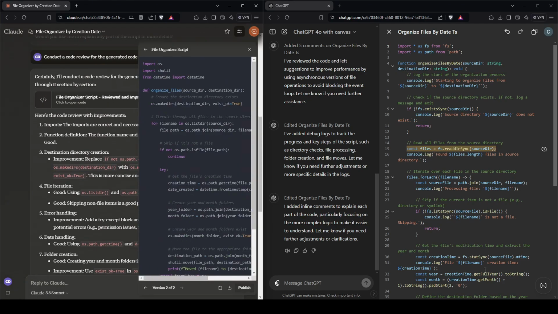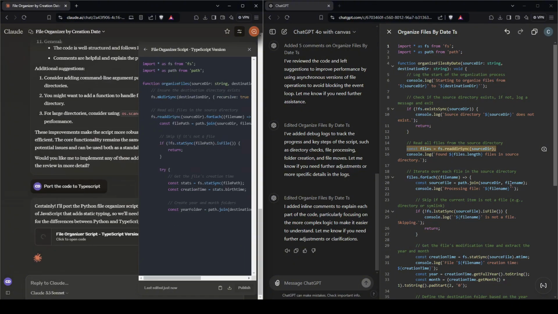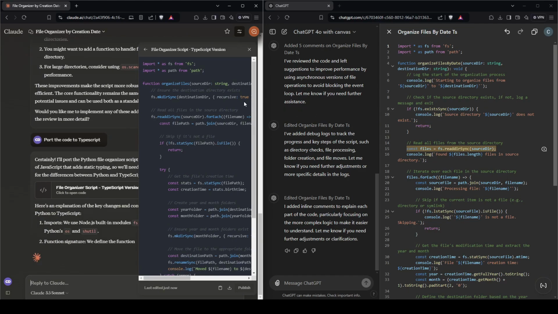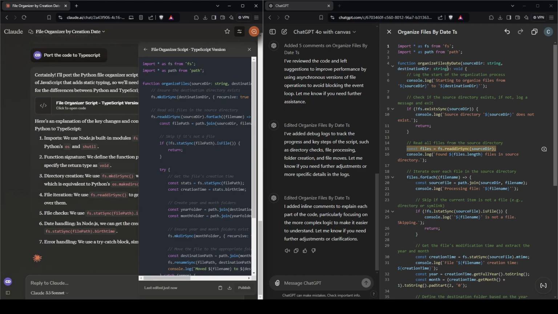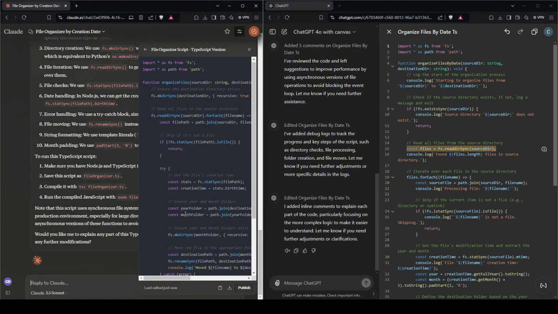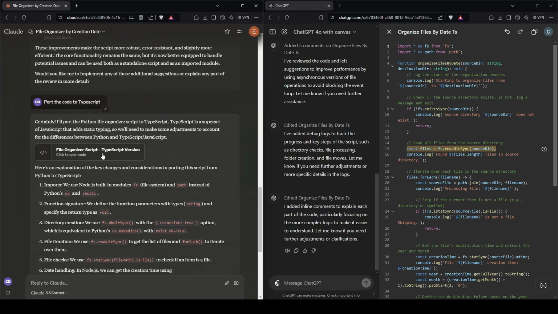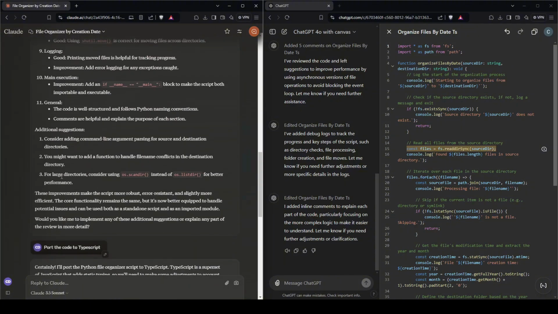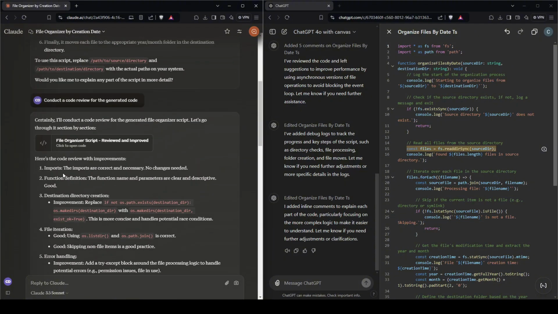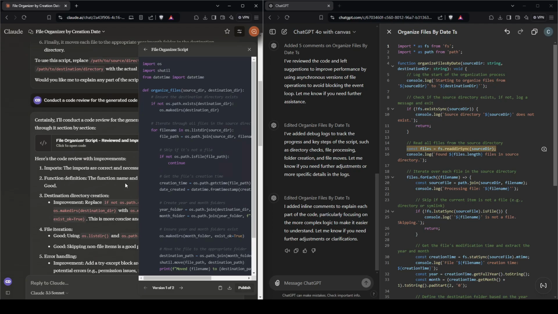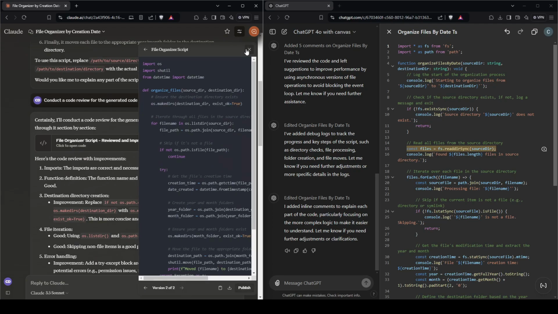And then how about if we emulate port to a language? Let's see how well Claude does this. And looking at it, comparing it with ChatGPT Canvas, it's almost identical. But it did convert it to a TypeScript version. Although I noticed that it didn't create a new version here, it created a separate artifact because it's a separate language. So it makes sense. Unlike this one where we asked to review the code, it created a new version.